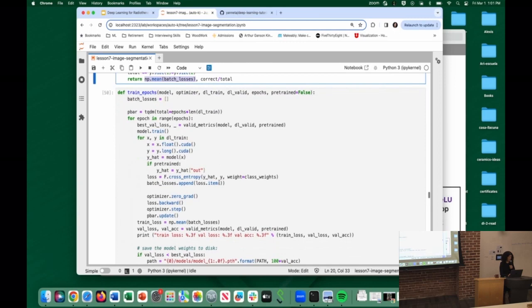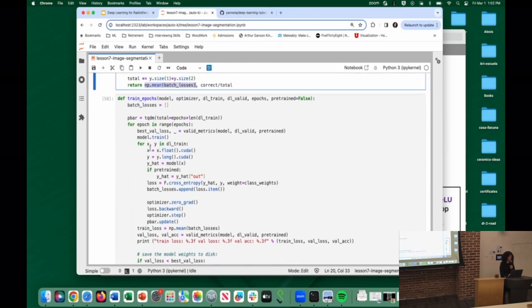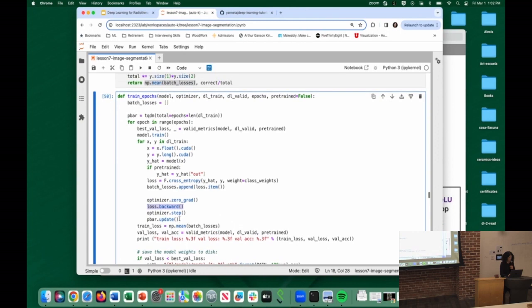Our training loop again is very, very similar to training loops we have seen before. We have our data loader, we have X and Y there, we compute our Y hat from the model, and we just do loss.backward and optimizer.step. And I am using this